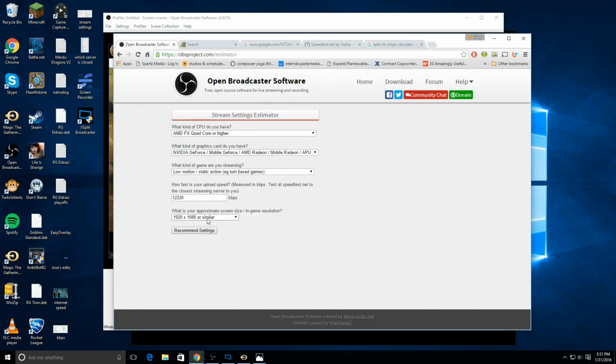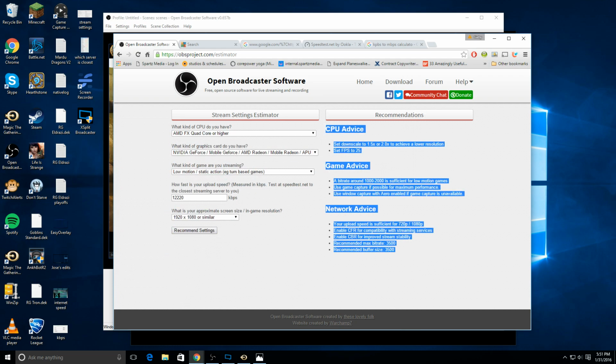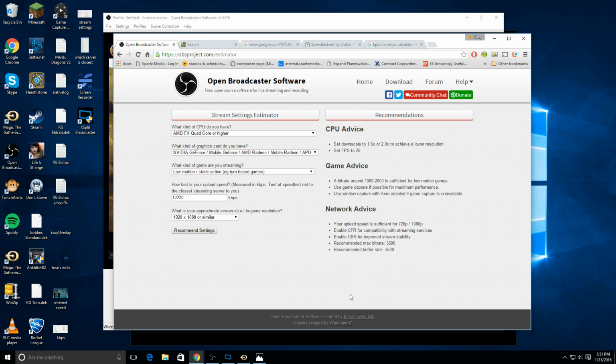So mine is 1920 by 1080. I'm going to remember that and take it back here. It's already selected by default. A lot of computers come at this resolution nowadays. So then you hit recommend settings and it's going to show you all the settings that you need for your